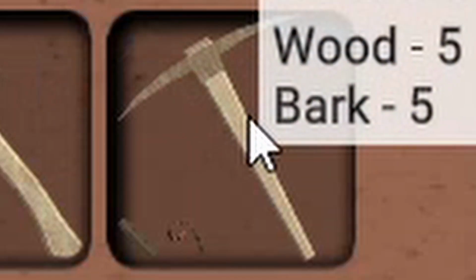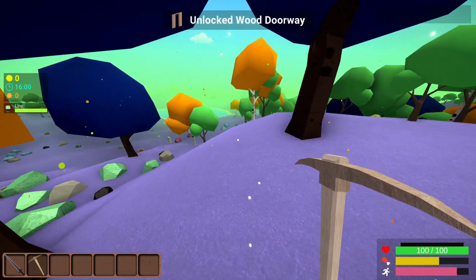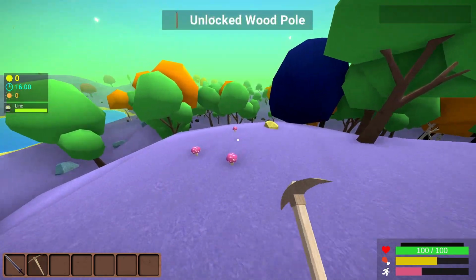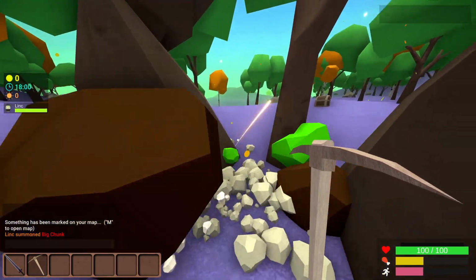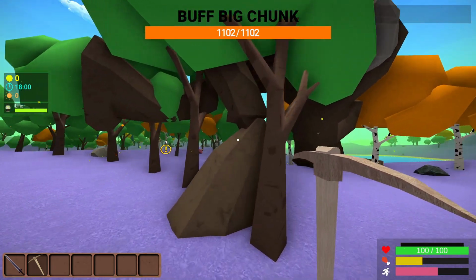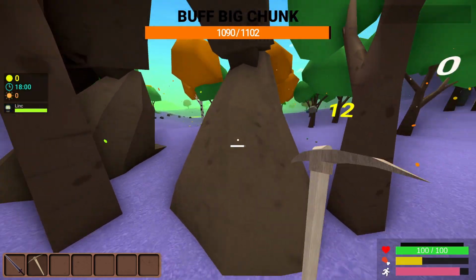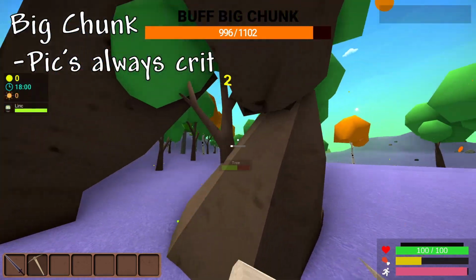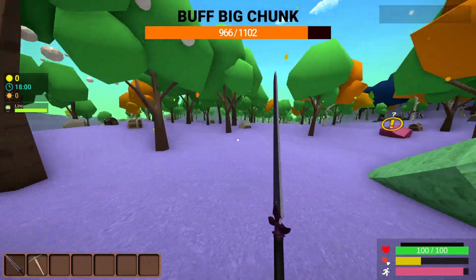That's right, this tool is the pickaxe. The legendary, the pointy, swingy thingy that breaks rocks. And speaking of rocks, Big Chunk happens to just be a very, very big rock. So, of course, your pickaxe, it will always hit criticals. It has a 100% critical strike, but you know, I have a sword, so